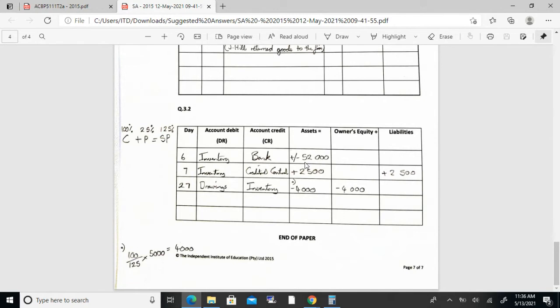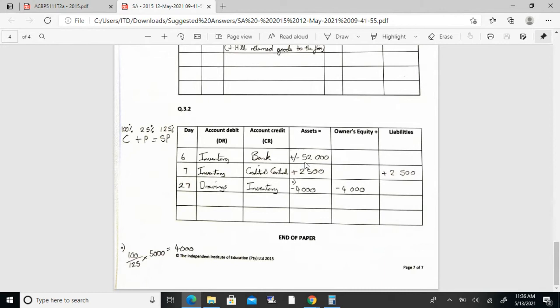Why? Because now we owe as a result of that. So creditors control is increasing, and we know when liabilities increase, we have to credit those liabilities. So that's a plus 2,500 under assets, and then a plus 2,500 under liabilities. Okay, cool. Then last transaction, it says the owner J Hill took merchandise with a selling price of 5,000 for